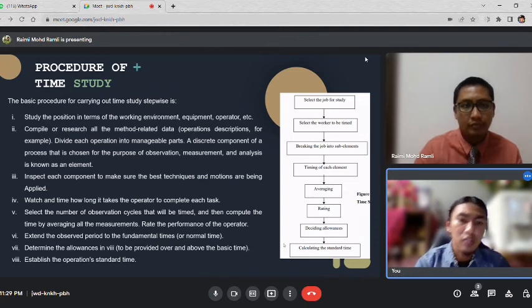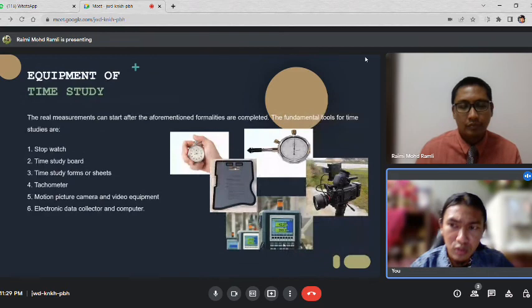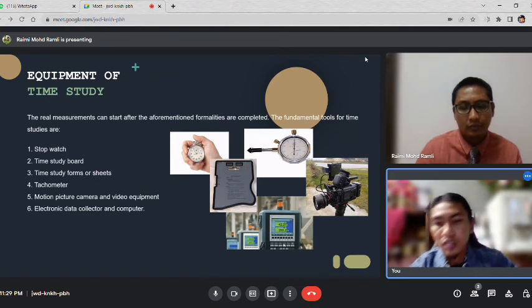So the real measurement can start after the aforementioned formalities are complete. The fundamental tools for time studies are: number one, stopwatch. Number two, time study board. Number three, time study form or sheet. Number four, tachometer. Number five, motion picture camera and video equipment. Number six, electronic data collector and computer. So next,